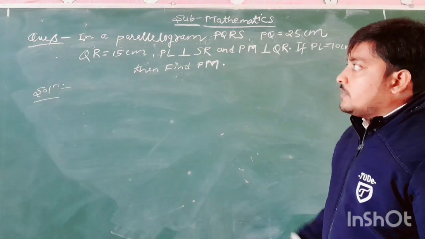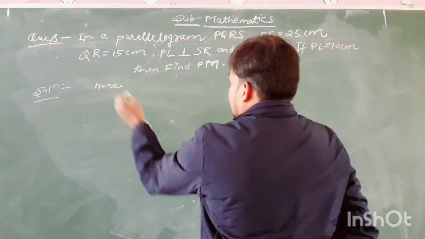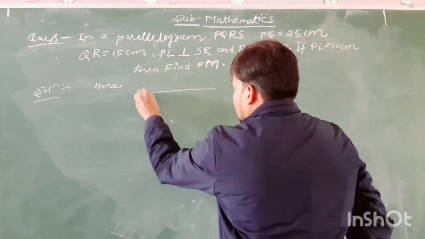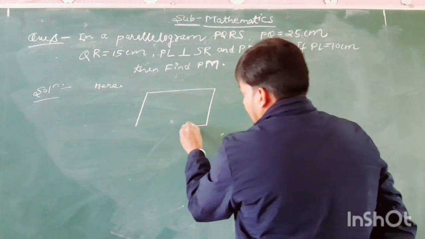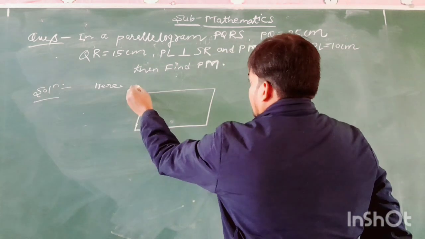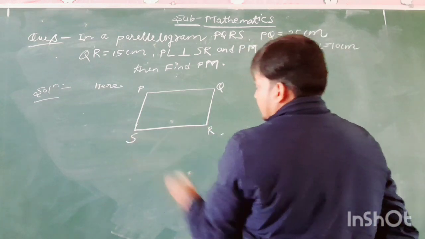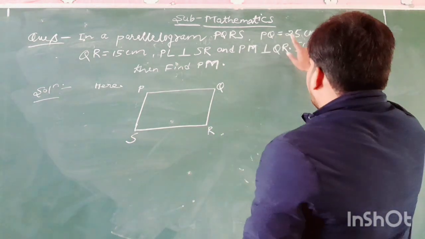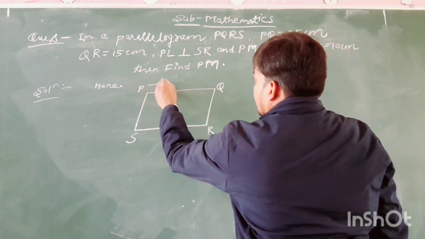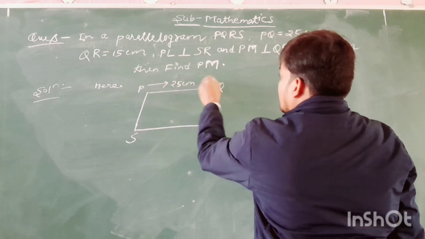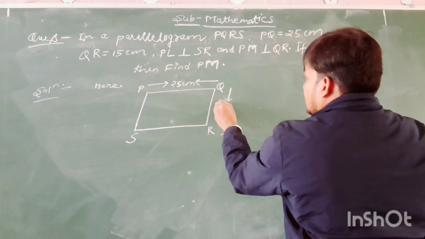In this problem, the figure of that problem is here. We have to draw a parallelogram PQRS, where P, Q, R, S. The measure of PQ is 25 centimeter, and the measure of QR is equal to 15 centimeter,